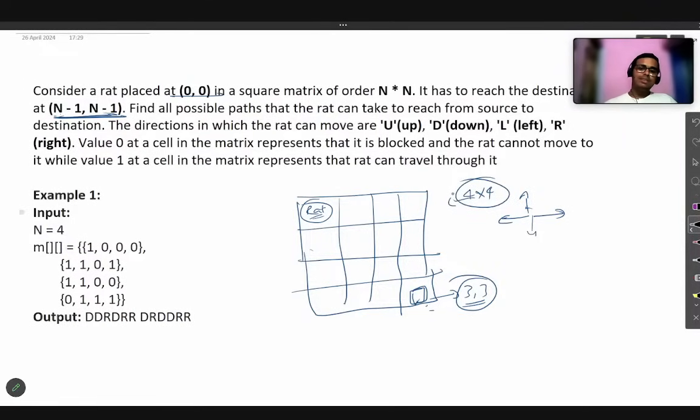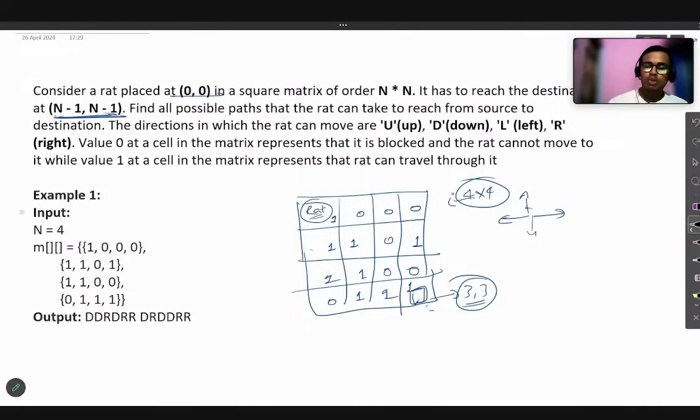But the condition applies that every cell has a value of either 0 or 1. You can see this cell has value 1, this cell has value 1, then 1, 0, 0, 0, 0, 1, 1, 1, 0, 1, 1 and 1. And this is also 0,0.